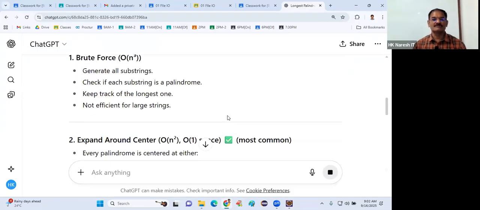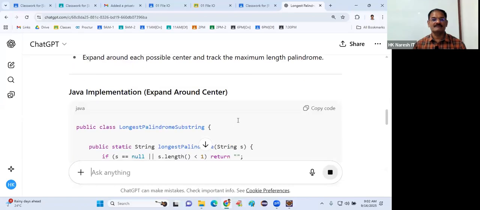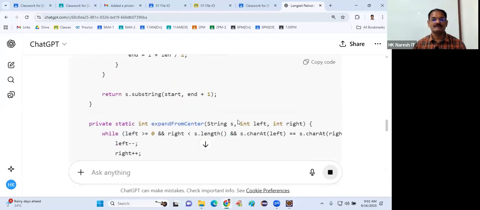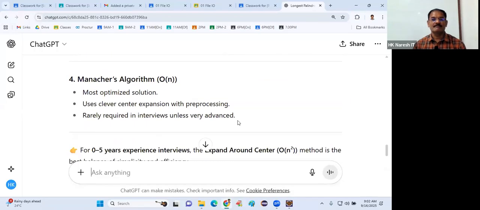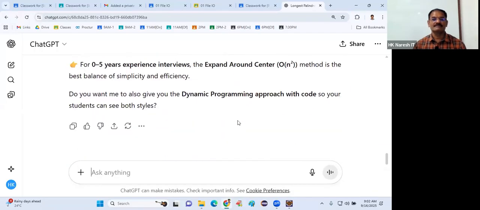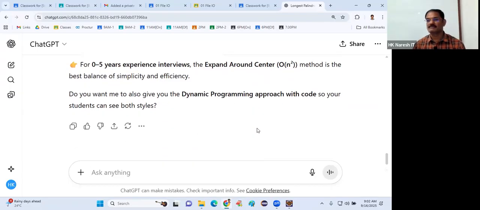Approach 1, brute force. Expand around center. Java implementation. Expand around center. This is the code, using dynamic programming, matches, algorithm. The expand around center method is the best balance of simplicity and efficiency. Do you want me to also give you a dynamic programming approach with the code so your students can see both styles? Okay. Now,